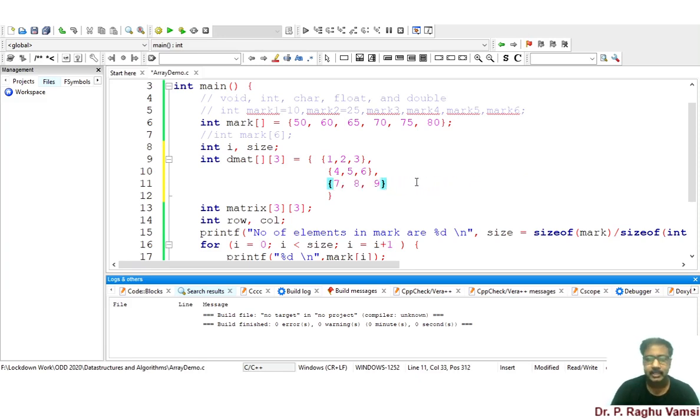So the first row is 1 2 3, second row is 4 5 6, and third row is 7 8 9. This is the way you can initialize the two-dimensional array at the time of declaration.